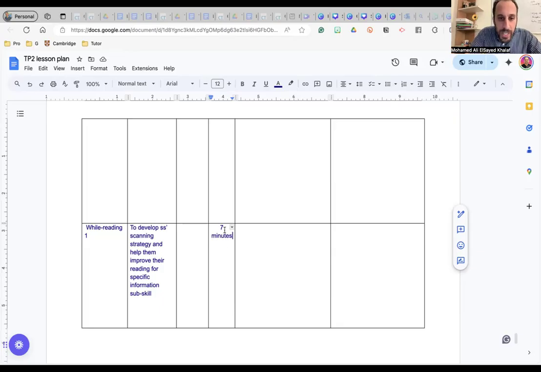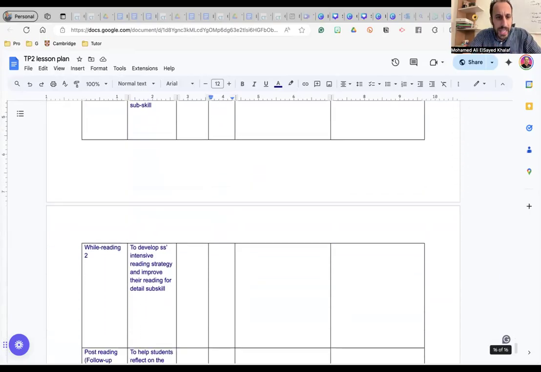So I'm not going to write 7 minutes. I'm going to write 5 to 7 minutes. See, a time window, because it's crazy if you decide 7 minutes. It can be like 4 minutes, 30 seconds. They might surprise you. It can take 7 minutes, 30 seconds or 8. So be a bit flexible. Provide us, the assessors, with a time window, not a fixed time in the plan.